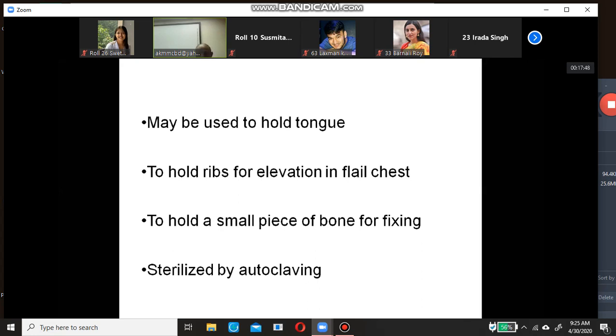This question is frequently given in your examination: how the instruments are sterilized. Remember, almost all the instruments except those which have a sharp cutting edge are sterilized by autoclaving.